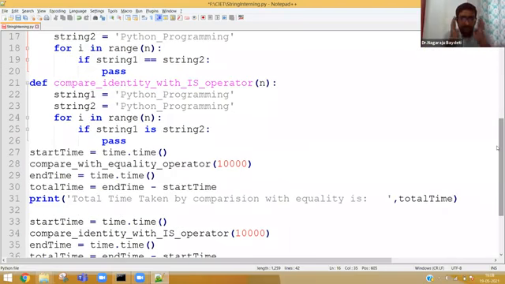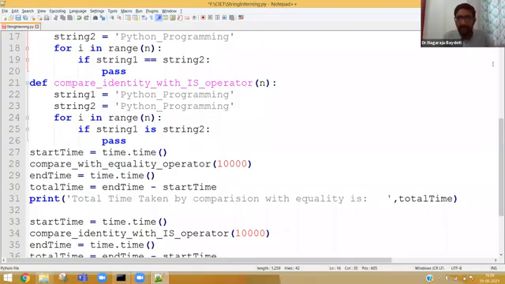Every operator is called 10,000 times. Now what will happen? Python programming will be compared with Python programming. Basically string 1 and string 2 are compared using the double equal to symbol 10,000 times. We calculate the time, and then the same 10,000 times we use the is operator.